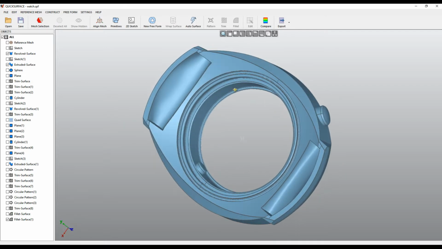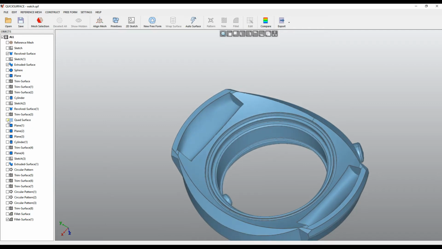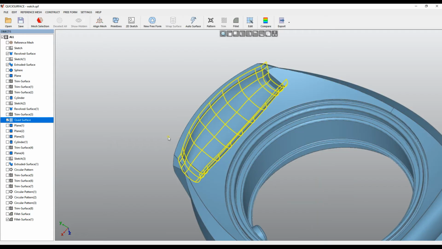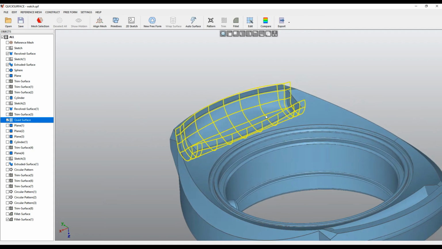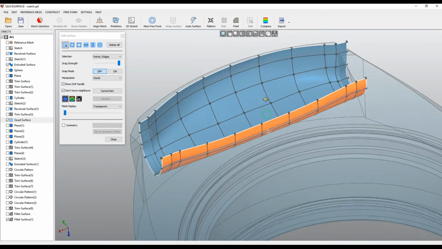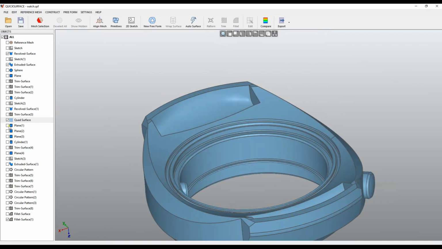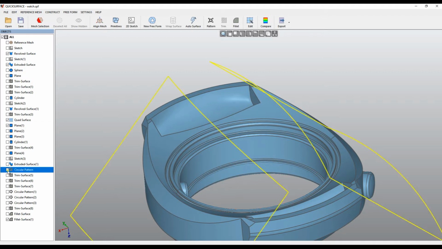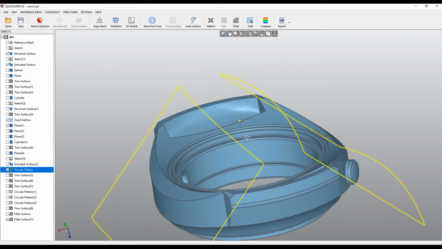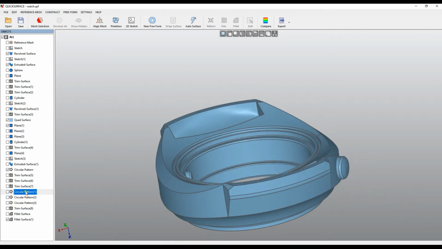Also, I would like to point out that here we have also freeform surface. That's why this is a hybrid modeling. So this surface has been approximated with our quad surface. Then we have had some planes here, a complex circular pattern, which plays the mirror role in this case. Then we mirrored